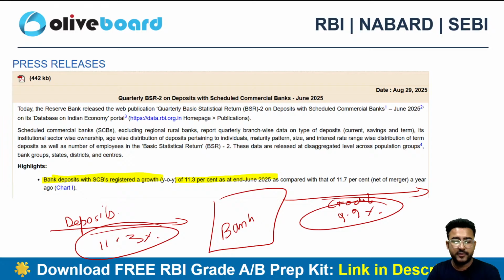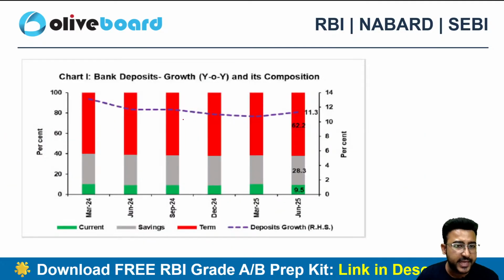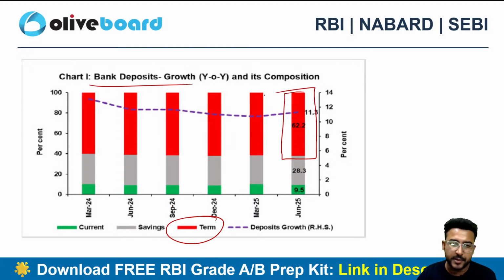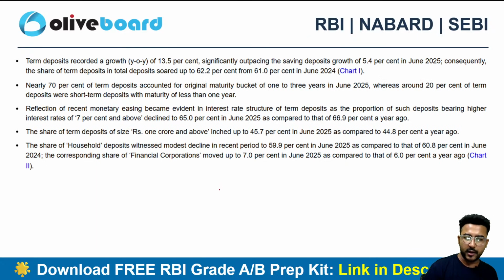And in terms of your credit, your public sector banks are outperforming, right? So here we can see the bank deposit growth as well. So I can say more than a majority is related to your term deposit only, right? More than a majority of your composition is from term deposit only, then is saving account, and the least one is current account, right?